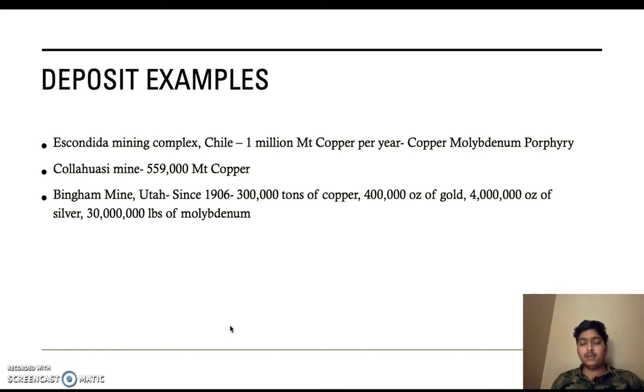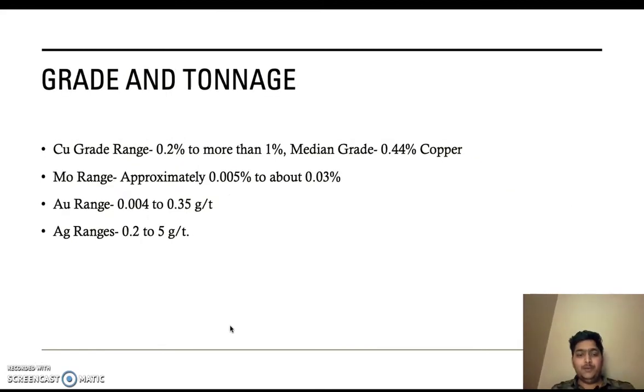If we talk about grades and tonnage, the higher the grade of a mineral deposit, the more economical it is, as it is cheaper to extract. But for copper porphyry deposits, there is an exception of low grade mining. Grade of copper in copper porphyry deposits ranges from 0.2% to more than 1%,